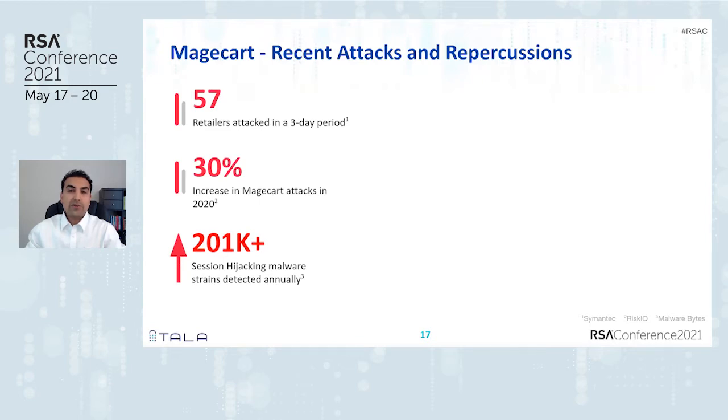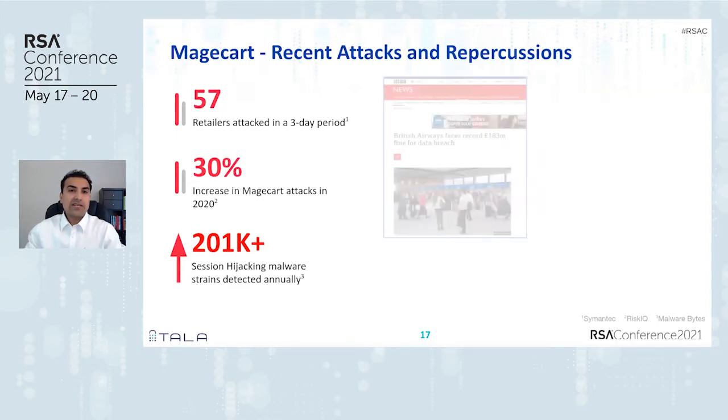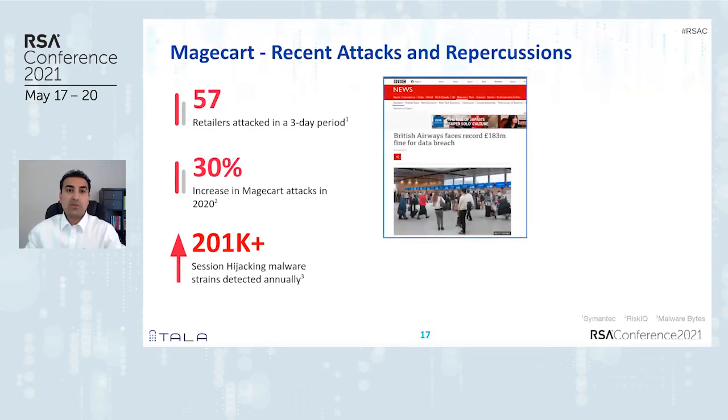In fact, a few years ago, when Symantec analyzed over 1,000 formjacking attempts in just a 3-day period, they found that over 57 websites got hit with Magecart. The websites that got infected ranged from a fashion retailer in Australia to a fitness reseller in Italy. And regulators have started taking notice and imposing very large fines on the main website directly, not just on the third parties, but the main website.